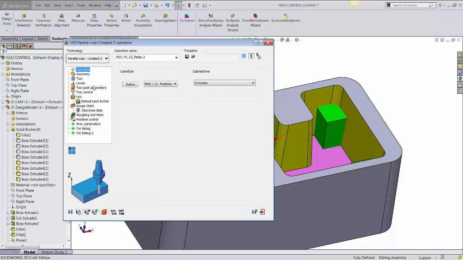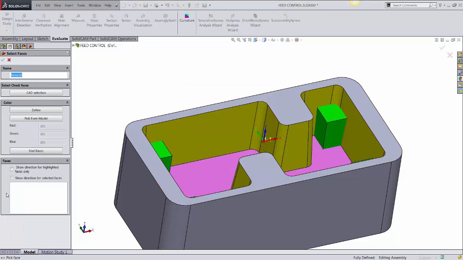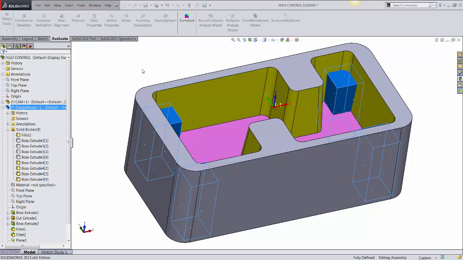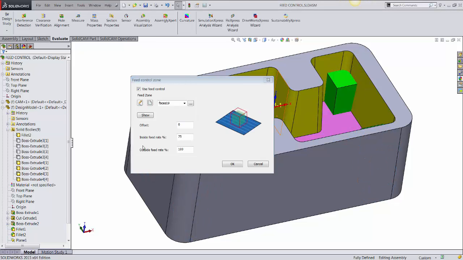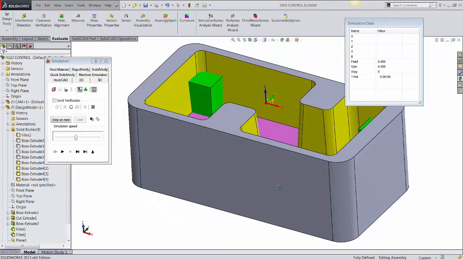Okay, so now let's go back again to our feed control zone and new faces. Because you need to select a closed volume, we'll pick one of the faces from the model so that it captures the color, and I will find all the faces of that particular color. You can see that it has selected 24 surfaces, which is basically 4 cubes. Let's say OK, and the inside feed rate will now be dropped to 75%. So let's run the calculation, and if we now look at the simulation,